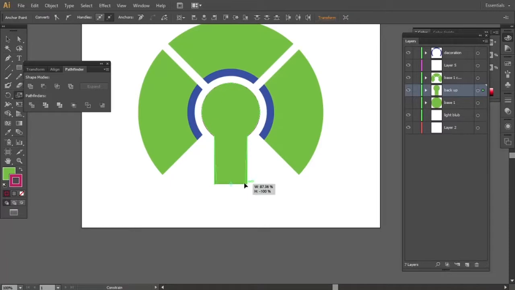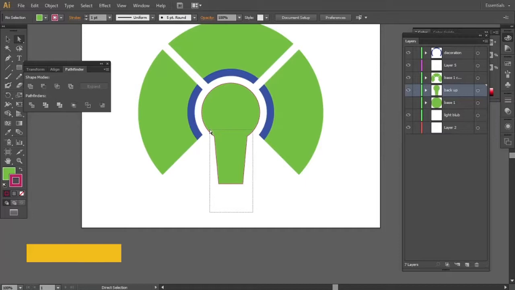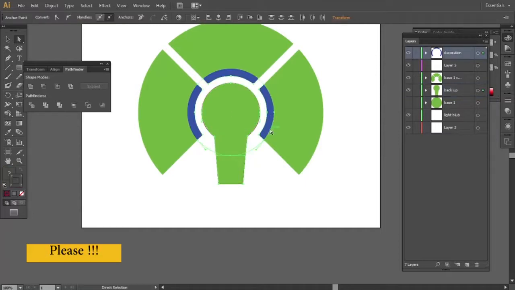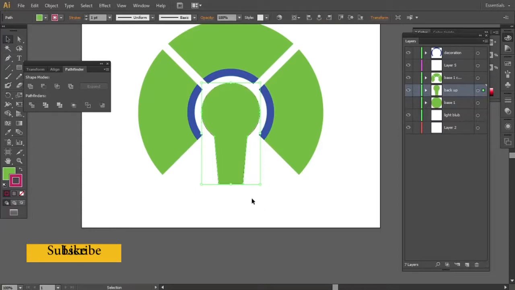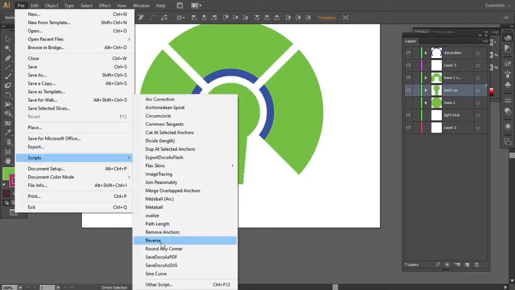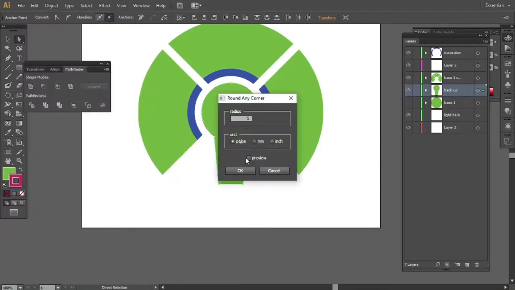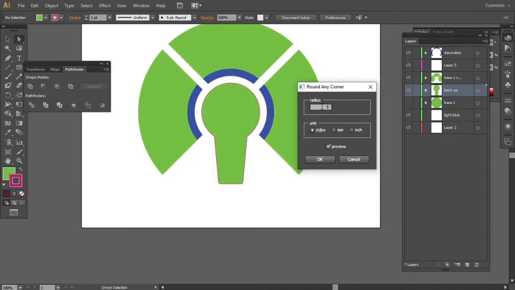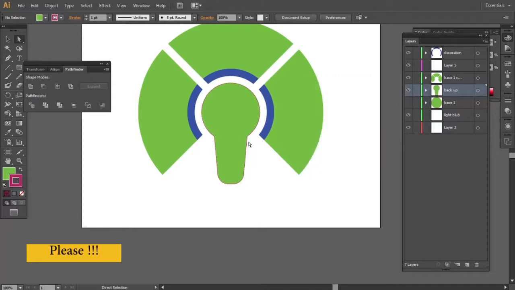Select only the relevant part from the shape. If you drag your circle and select the unnecessary parts, all unnecessary parts will be merged in your selection and your artwork will be destroyed. So keep in mind, always select the desired portion that you are going to change in Illustrator. So this is the basic structure of the bulb. Later I will refine this shape to build a beautiful shape of the bulb.